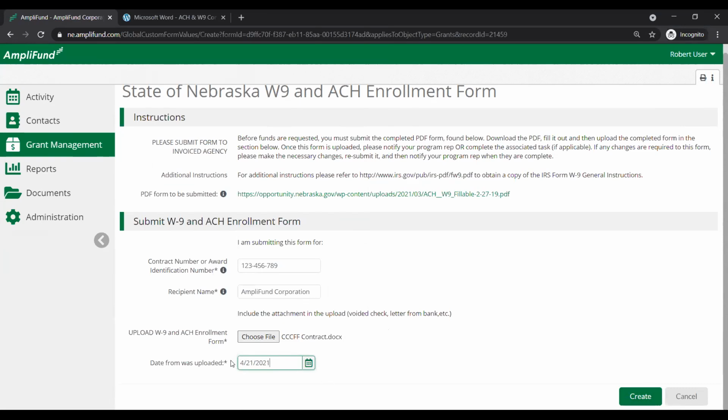Notice that these are all required fields, so you won't be able to just start this and then come back to it later. You'll have to enter all this information. You'll only be able to complete this form once all the information is added. Once you do have it all added, click on create, and you'll be able to see the instance of your W-9